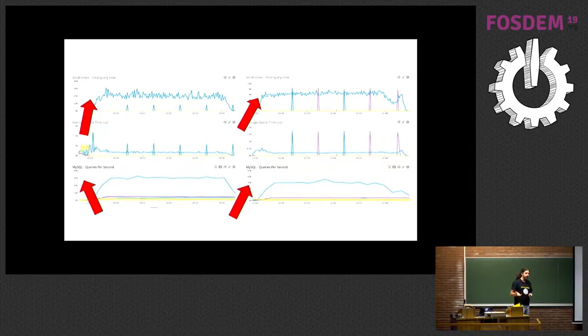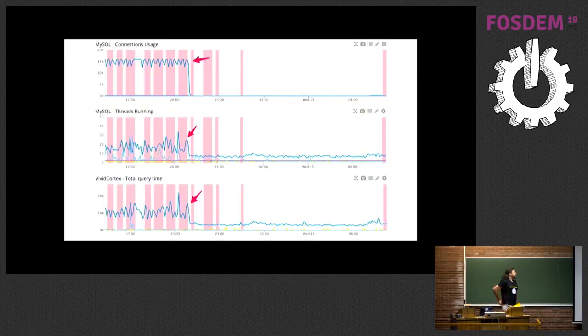ProxySQL was not filtering any traffic, and was not caching anything. It was just ordering the execution of the queries before sending them to the server. So it was basically reducing the number of connections to the server. The response time was also drastically reduced. Here before, the response time was averaging around 1,000, I think in milliseconds. And when they switched to ProxySQL, it was around 0.3 or 0.4. So a huge performance improvement.